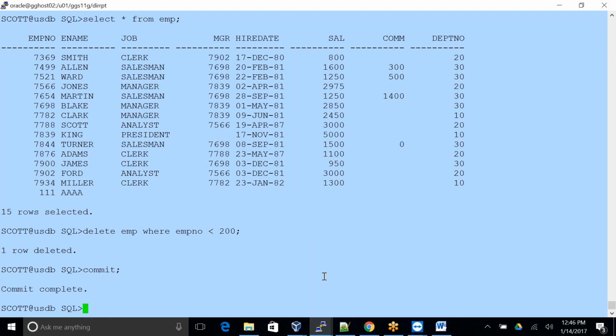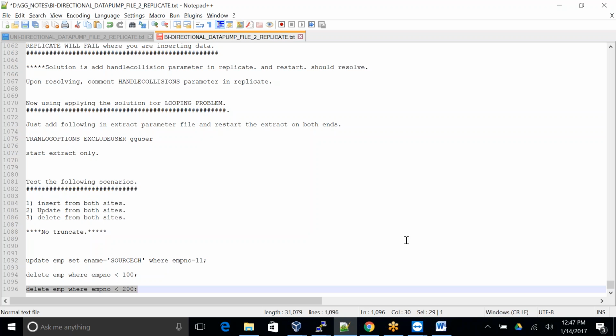Okay, so now bidirectional configuration is completed. We covered all the scenarios with the looping mechanism. So I'm stopping this recording. If any doubts, you can